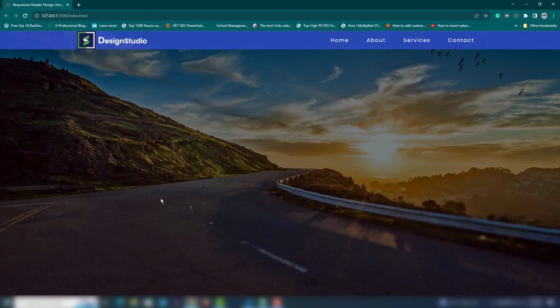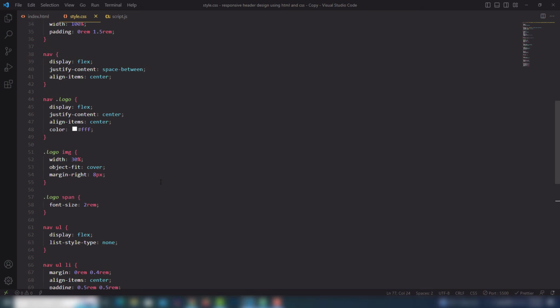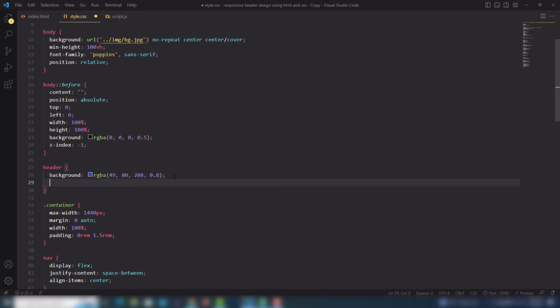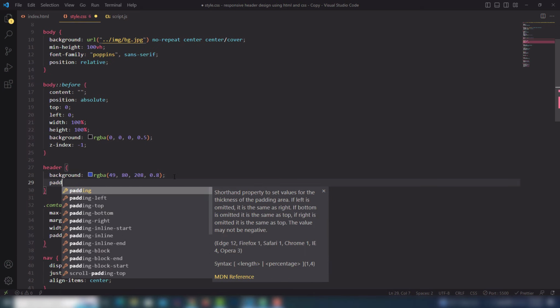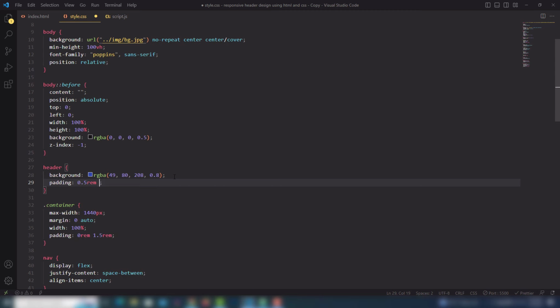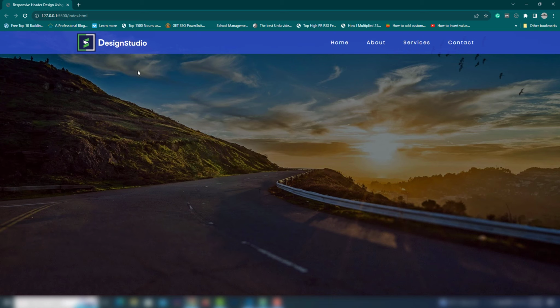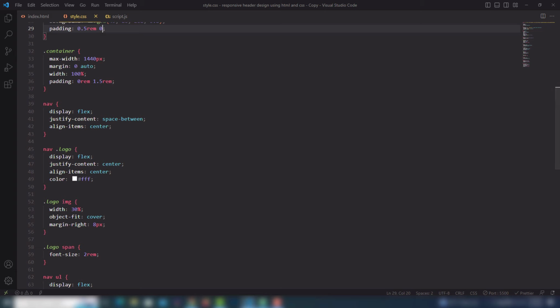This is our complete header section, but I need to go on top and I will add padding top and bottom 0.5 rem, left and right 0 rem is best to make a space top and bottom in our content, right? So cool. I think that's perfect for our navbar. Let's move on